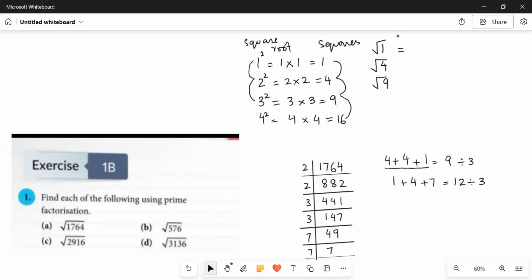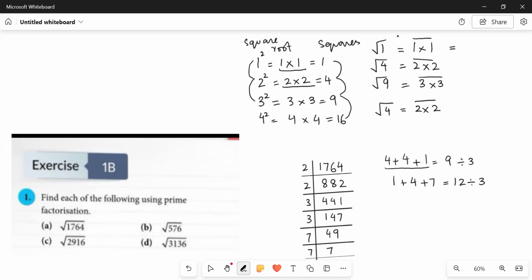ठीक है, जब भी रूट निकालने की बात आती है तो उसके लिए हमें pairs की जरूरत पड़ती है. 1 is the square of a pair of 1 into 1. Similarly, 4 is the product of 2 into 2. 9 is the product of 3 into 3. So it tells us that whenever we need to find out a square root, we should have the factors in pairs. हमें वहां पर factors को pairs में चाहिए, तब ही हम उसका root निकाल सकते हैं.